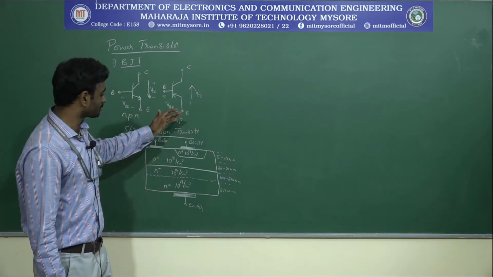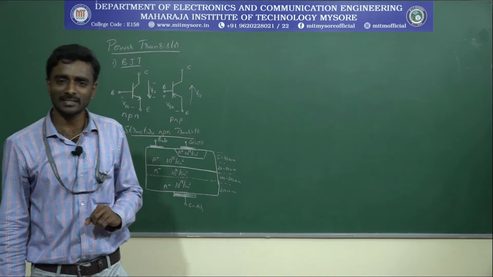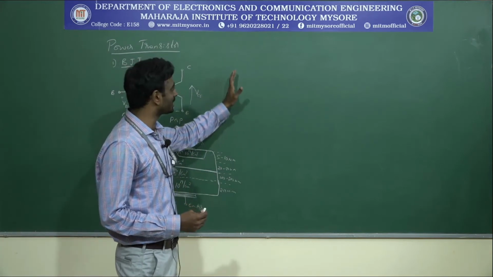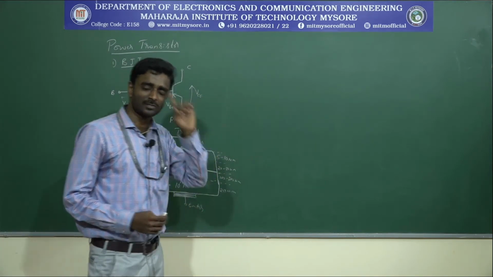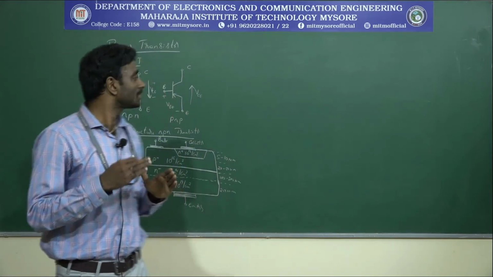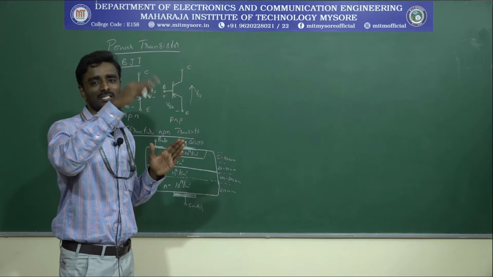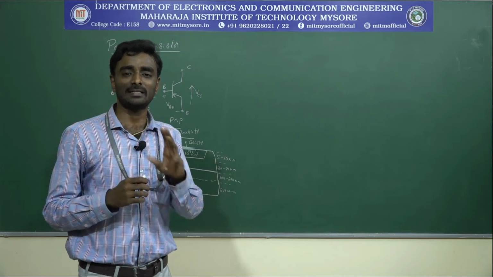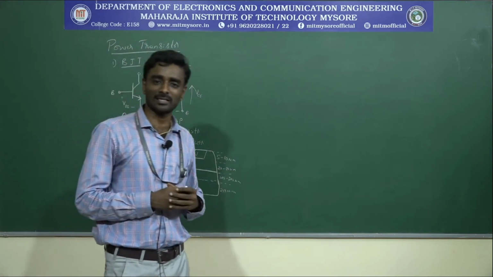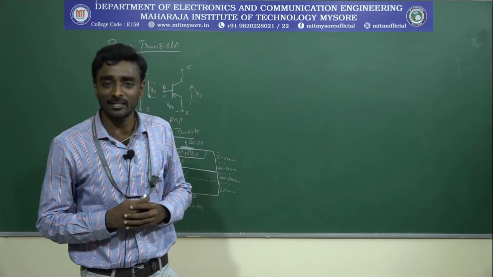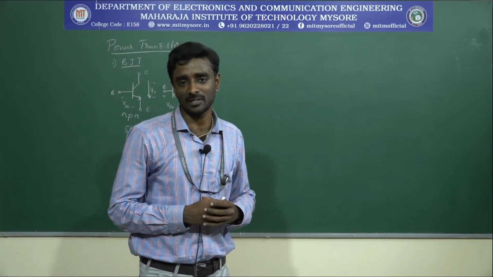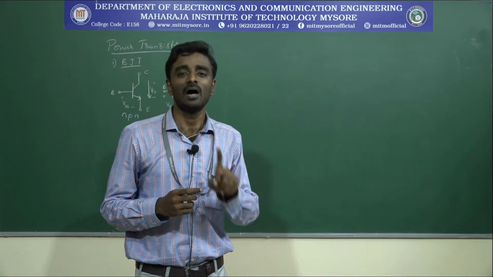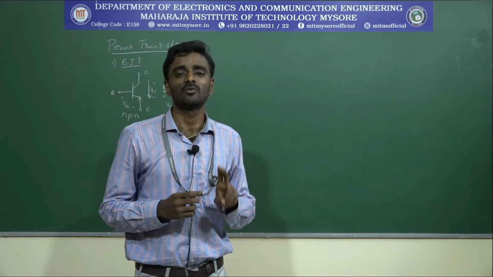And let's come to the VI characteristics. The VI characteristics were already studied in the previous classes. In two dimensions, we consider the current and voltage, and based on the variation of current and voltage, we specify the voltage levels at which your transistor will be operating in three operating regions. The first region is called the cutoff region, the second is the active region, and the third is the saturation region, where saturation is again subdivided into two groups. The first one is hard saturation and the second one is quasi saturation.